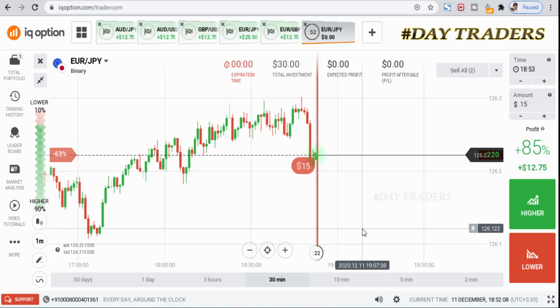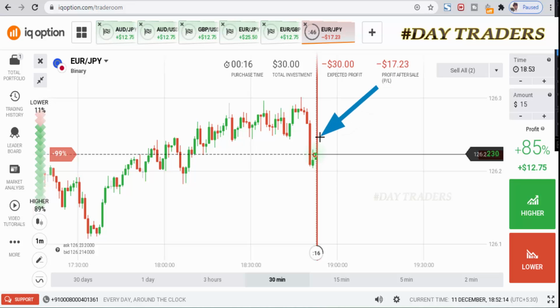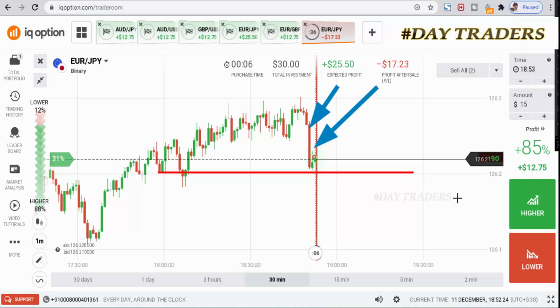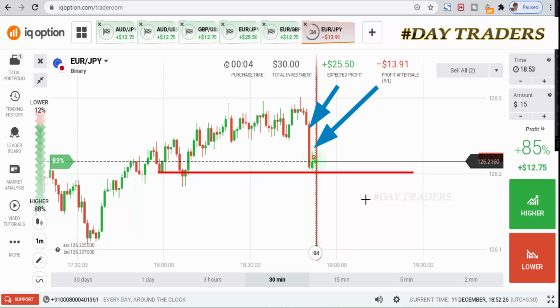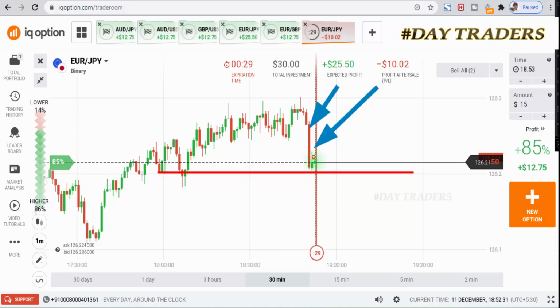Okay, I will place a lower option. Still I am expecting a bearish candle. This is a very strong selling force, and this is a very strong seller's entry, so that's the reason I place a lower option. Next buyer's entry point is here. Okay, but this type of market sometimes does not respect the levels. Still I have entered the